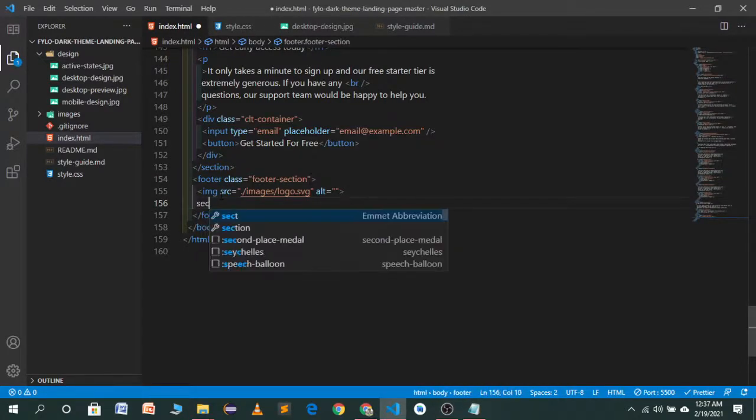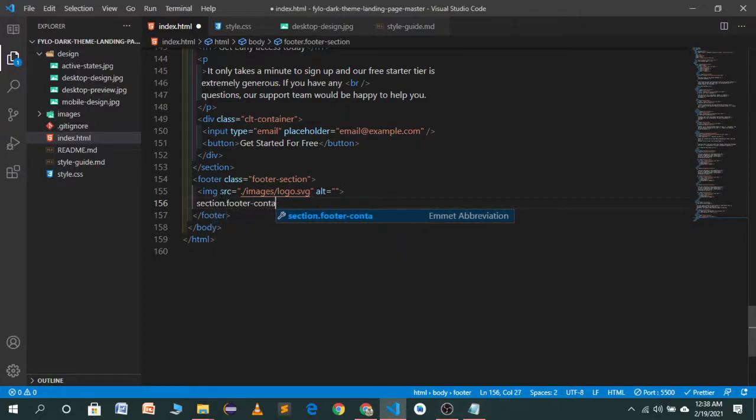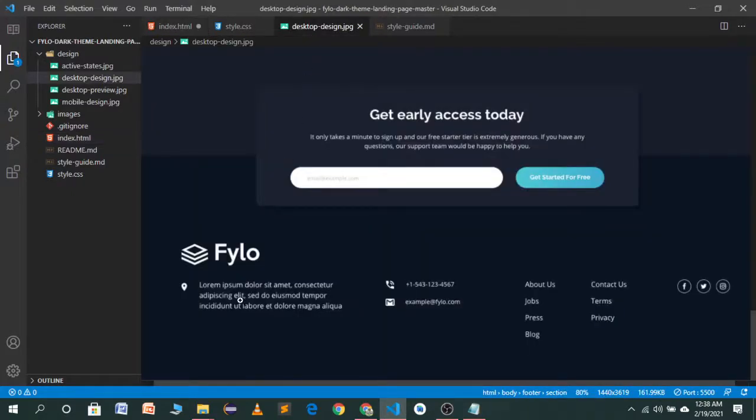So let's use this section footer container. So footer container, in footer container we have 5 different containers, which will be, first of all, a location.